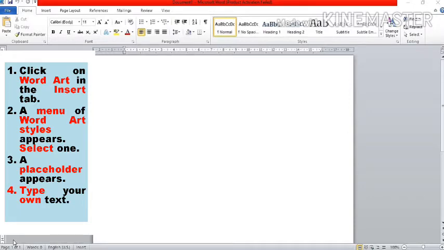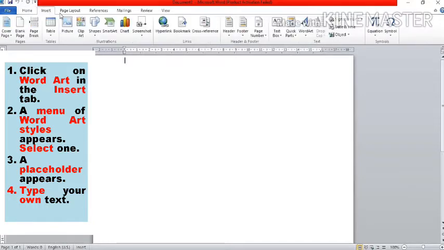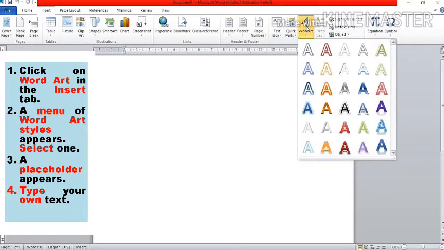First step, click on word art in the insert tab. This is the insert tab. Click here, and here is word art. You have to search for these things a little bit. Click on word art. Step 2, a menu of word art styles comes. Select one. Here there are so many word art styles. You can select one of them.